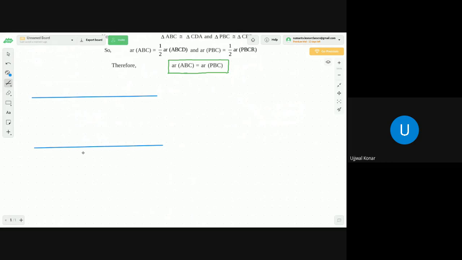Suppose we name them: one is AB and another one is CD. So the line AB is parallel to CD. Now, dear students, from that line segment AB, we are taking a part of it. What is that part? Let me draw it in the green color. So this is one point, and this is one point. And we are going to draw multiple